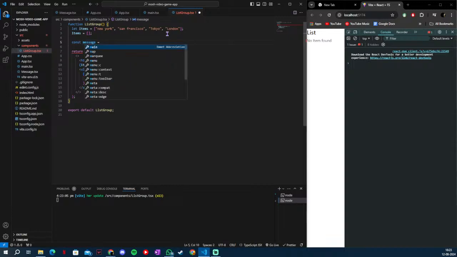Now we can also move this logic inside a function. For example, we can declare a function called getMessage. And here I'm using the arrow function syntax. Now we can move this logic